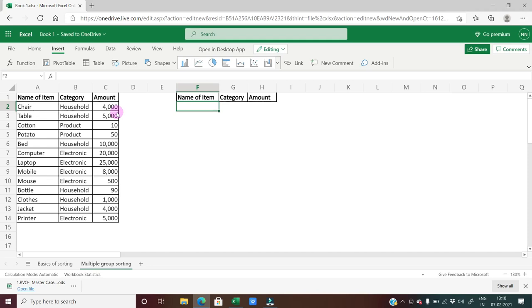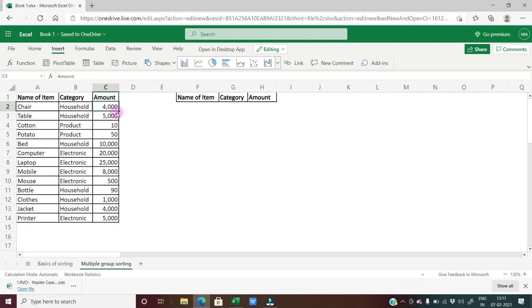So the first formula that we are going to learn is about sorting. In general, what we used to do is select the data range and then select the filter functions and do the sorting. But as the ranges are increasing day by day, sorting becomes very difficult if you have to click certain buttons to do it. So now Microsoft has introduced the formula of sorting. First it was introduced by Google and then it came out in Microsoft also.